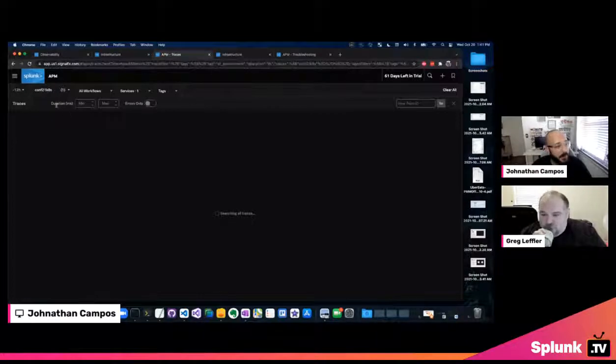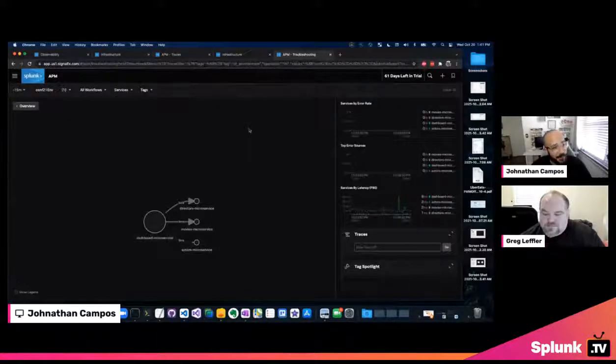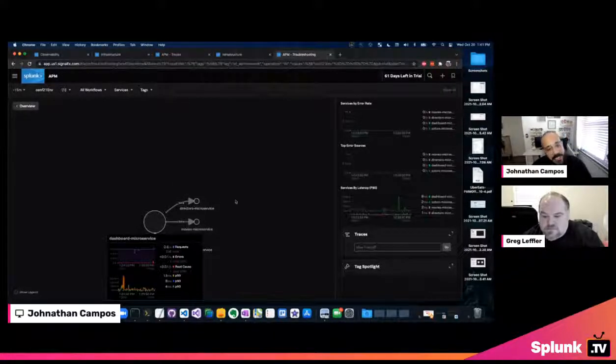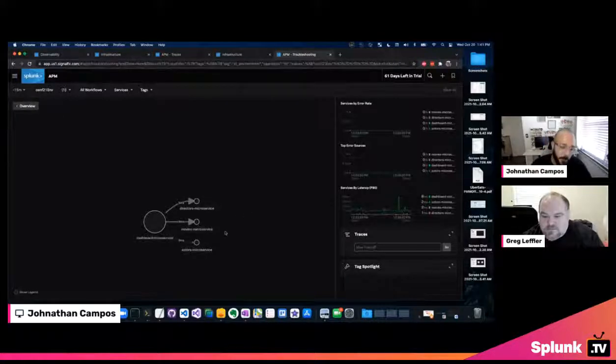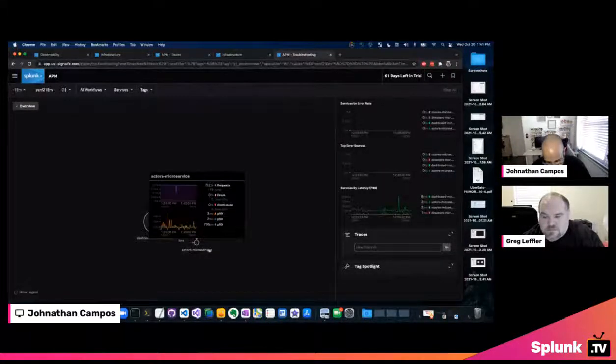Absolutely, I can't agree more. And one of the things I will emphasize, and hopefully we can get this to work, because in some cases with demos when we put these together. What I'm going to do is break one of these microservices, and this happens to be this movie microservice dashboard that I put together. You can see that Splunk APM quickly put together some of the dependencies associated with this dashboard, which is pulling information from the director microservice, the movies microservice, and the actors microservice.